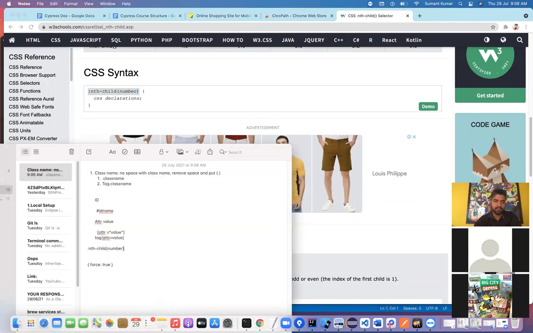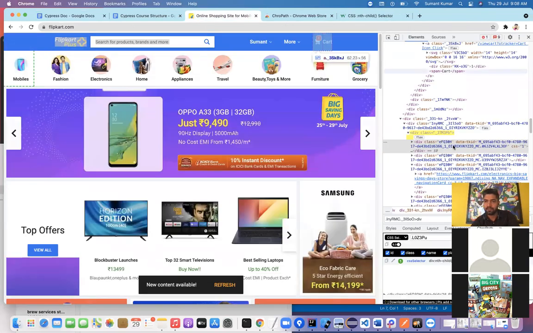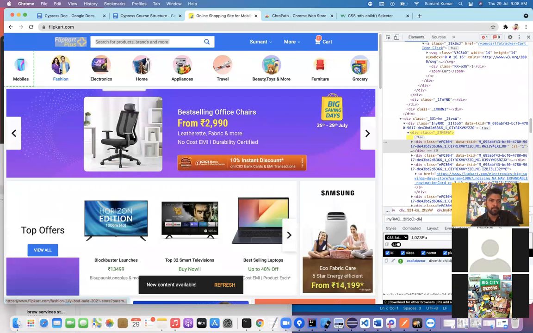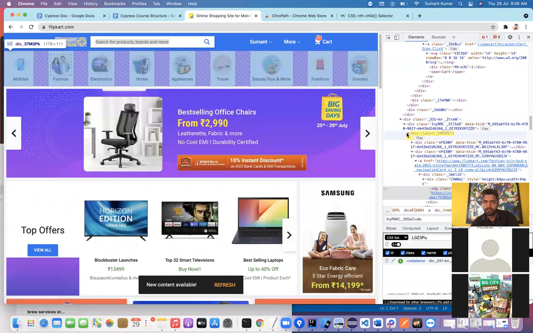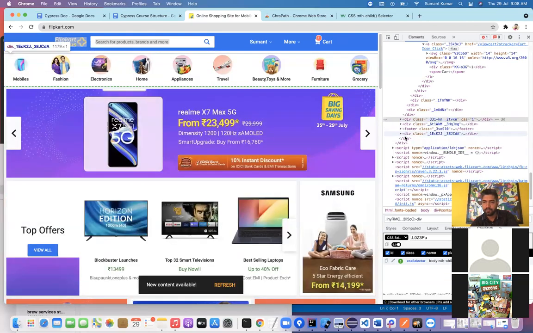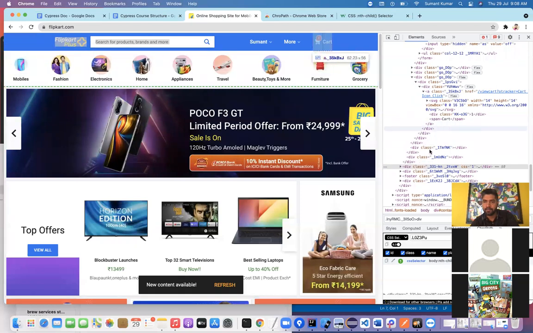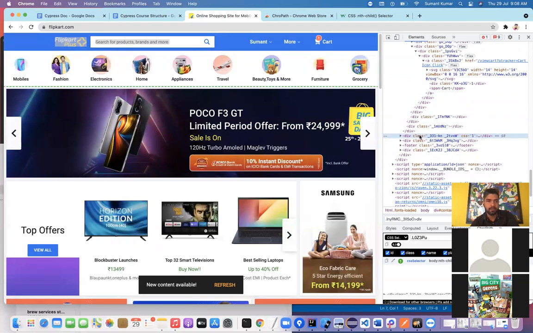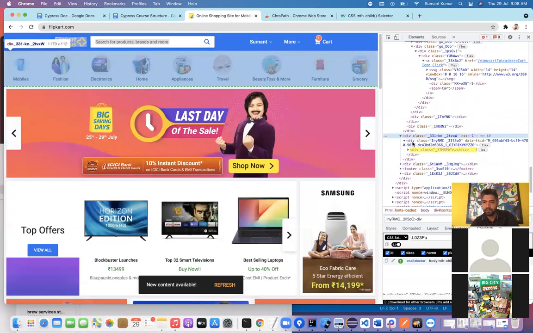So what is this nth child? I will tell you. Basically, sometimes what happens, as I write the XPath in Flipkart, let's see this class. I'm using this fashion, and we can see we have. Okay, so this is the class here, and if I click here, it will highlight the complete one.